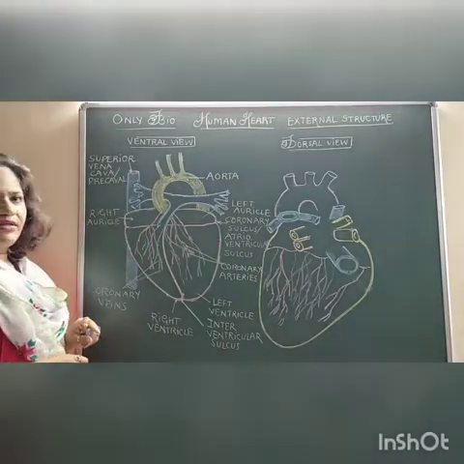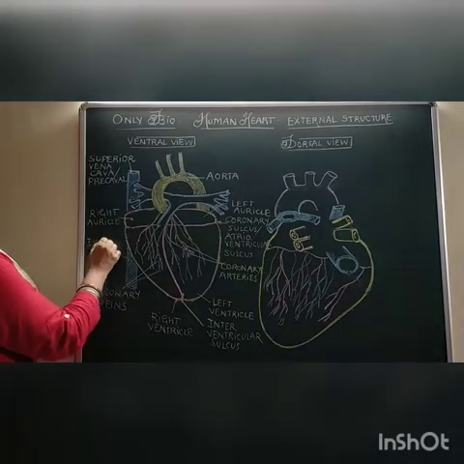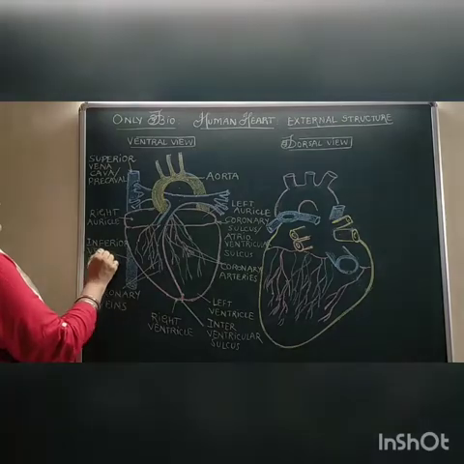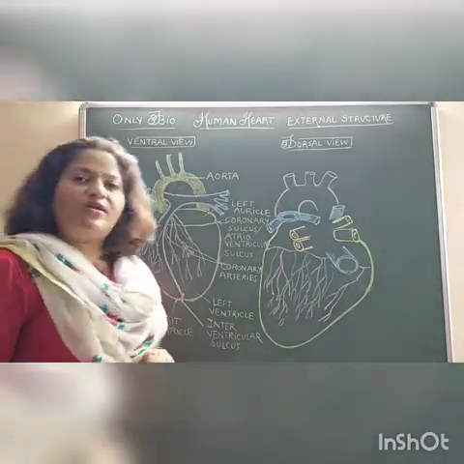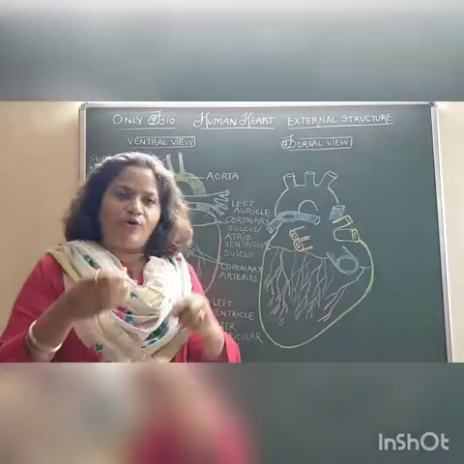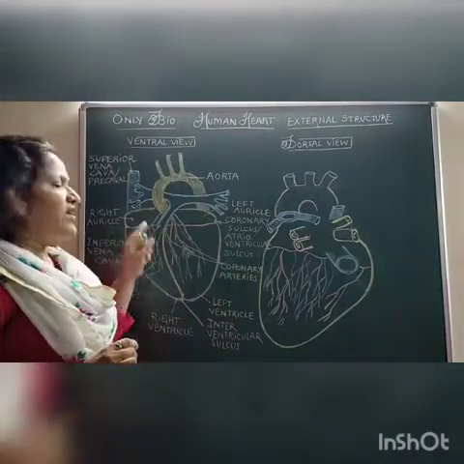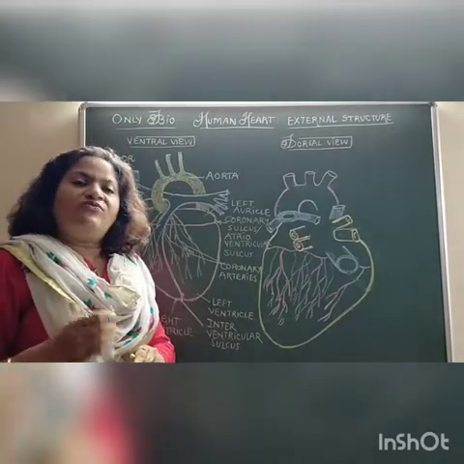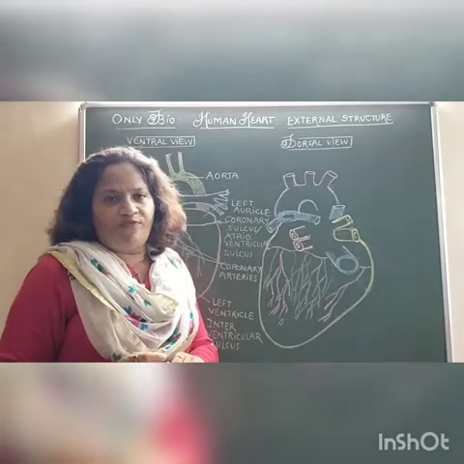into the right auricle. And this one is the inferior vena cava, which is also called the postcaval, that collects the blood from all the parts of the body that are present below the heart. The inferior vena cava also opens up into the right auricle, and the opening of the inferior vena cava is guarded by means of the Eustachian valve.